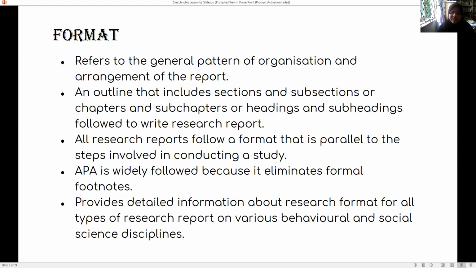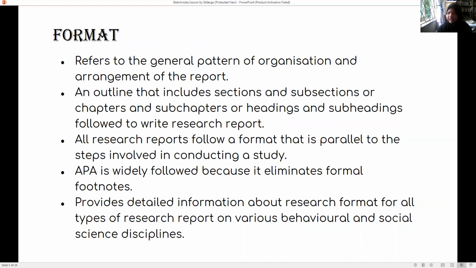APA is widely followed because it eliminates formal footnotes. Sometimes when you read articles that do not follow the APA style, you see small numbers on the paragraph. That is a formal footnote.